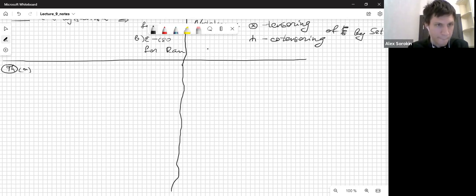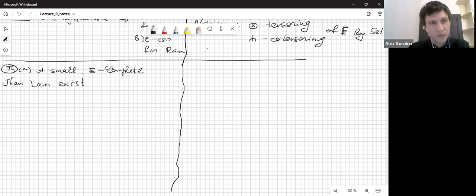Part A. If category A is small, category E is complete, that B co-complete. So on one side will be left, on the other will be right, co-complete. Then left Kan extensions